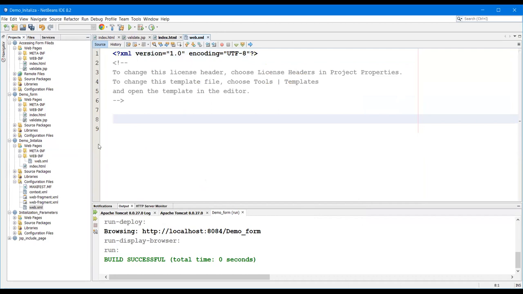I have already done it, and I'm going to explain that web.xml file for you.